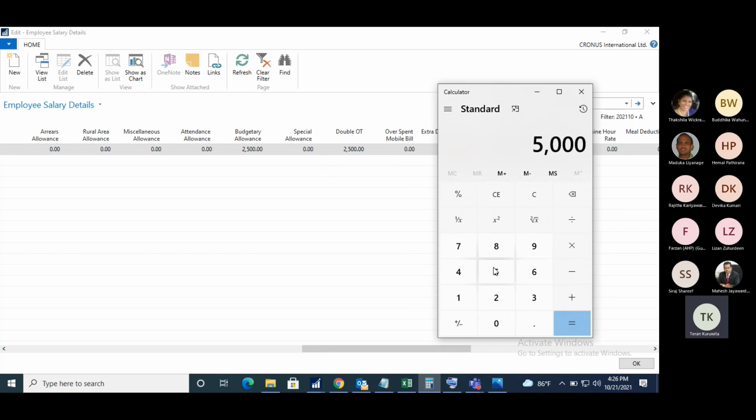The employee's basic salary is 50,000, and the number of working days was 25. By dividing by 25, the per day salary will be 2,000. And as per the system, the employee is working 8 hours per day. Then by dividing this by 8, his hourly rate will be